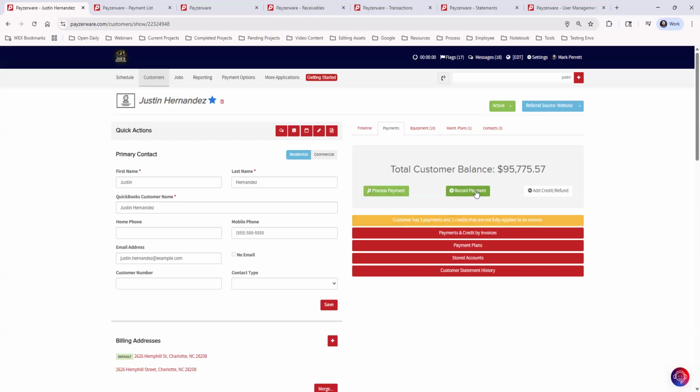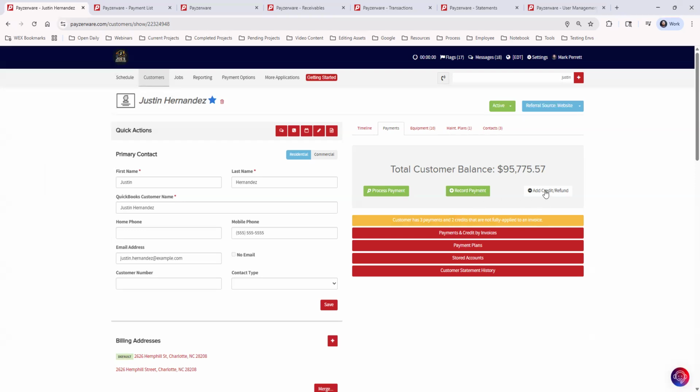Record payment means you're recording that you are taking a payment, but it's not actually going to process the payment. That would be outside of WEX FSM. So whether you're using another card swiper from a different company, or you are taking, let's say, a cash payment